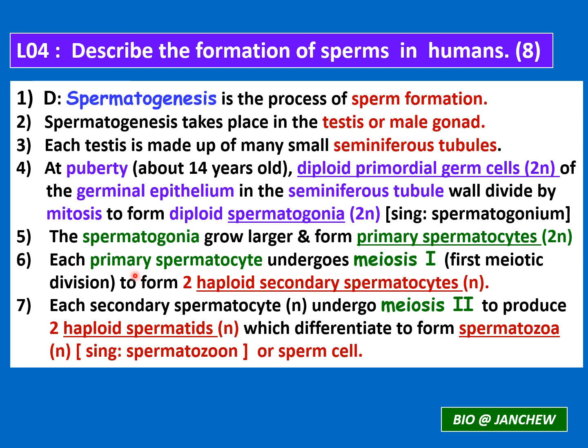So remember, the primary spermatocyte is diploid, but it undergoes meiosis 1 and forms the secondary spermatocyte that is haploid. Now, each secondary spermatocyte will undergo meiosis 2 to produce 2 haploid spermatids, which are